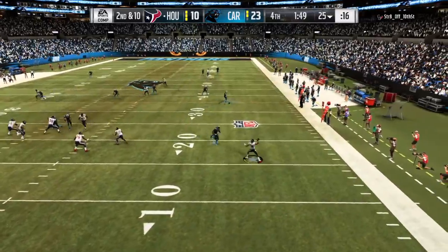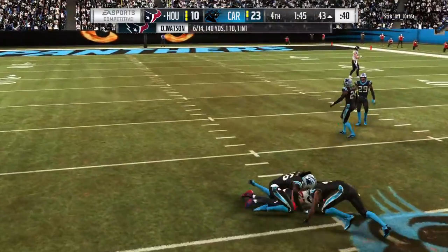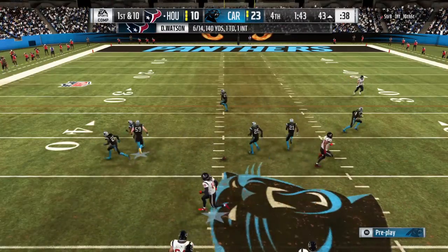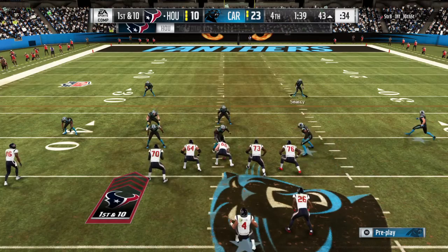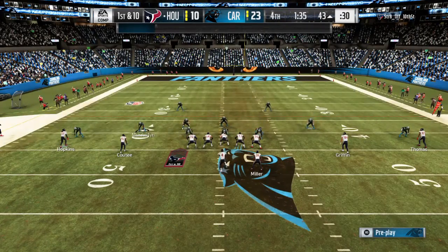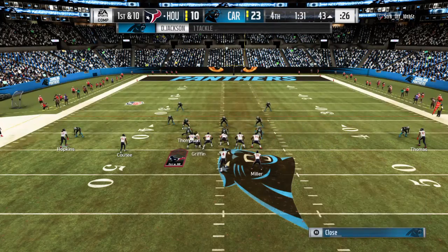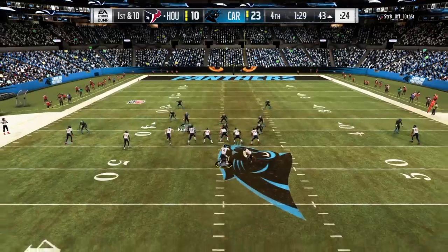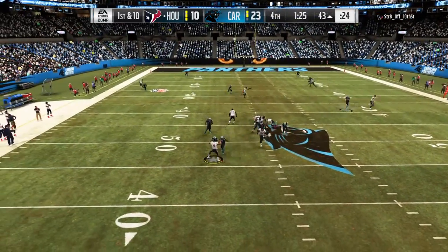Flush to his right. Now a desperation throw deep, and got his man, complete. A gain of 32 that time. First down now, but that clock rolling. And at this stage, down in the second half, looks like they just wanted to find a way to get it in the hands of their playmaker, and they did. I think you're exactly right. I don't think the coordinator's looking at his play sheet and trying to figure out which play will work well. He's trying to figure out how to get the ball to the playmaker that you just...